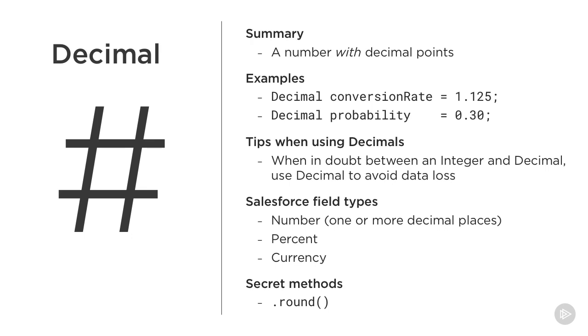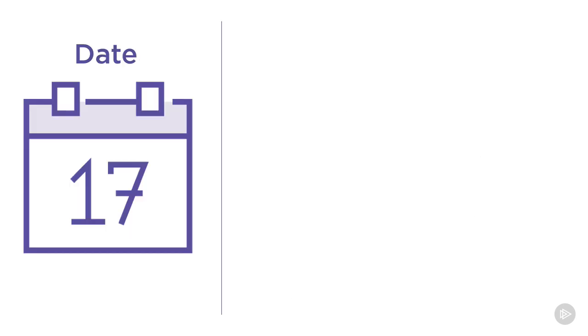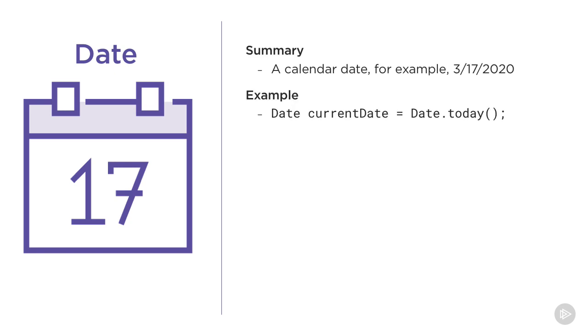The date, a data type that's so useful in code. Dates represent calendar dates in code. Here's an example of a date variable. There's not really a good way to type out a specific date in a way code can understand. So when you're creating date values, you usually have to use special methods like the one here,